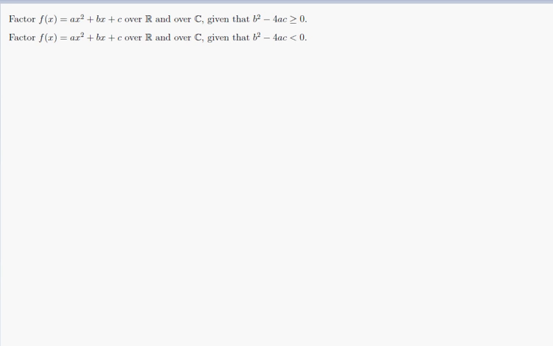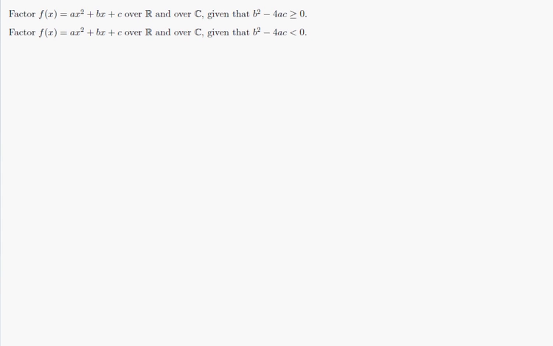Let's now turn to the factoring of ax squared plus bx plus c, both over the real numbers and over the complex plane under two different conditions. First, let's do the condition where the discriminant b squared minus 4ac is not negative. Well, we know that the roots of the quadratic equation